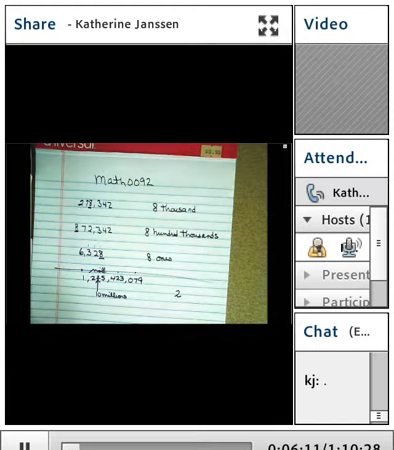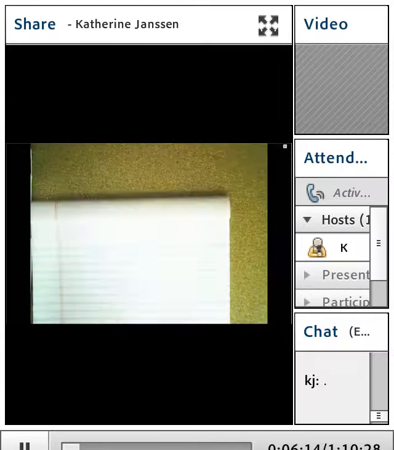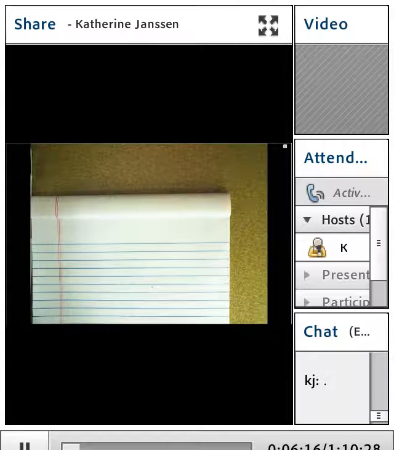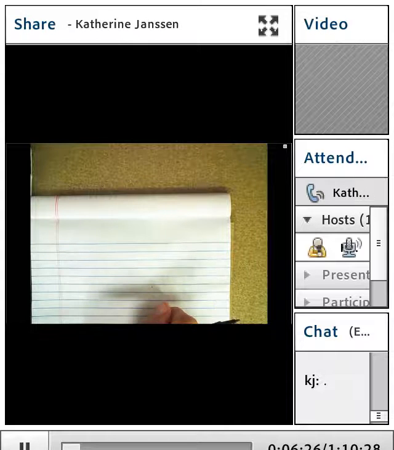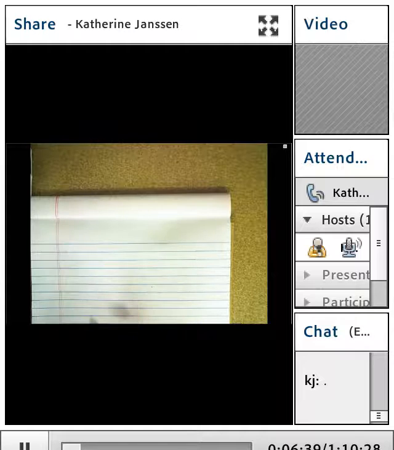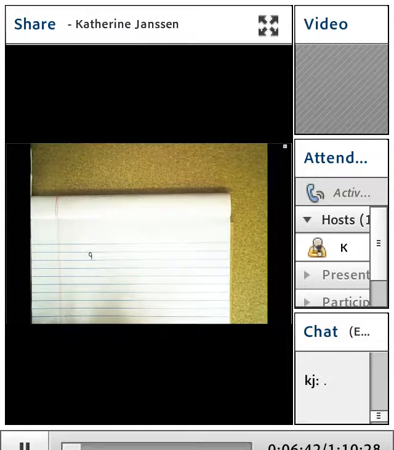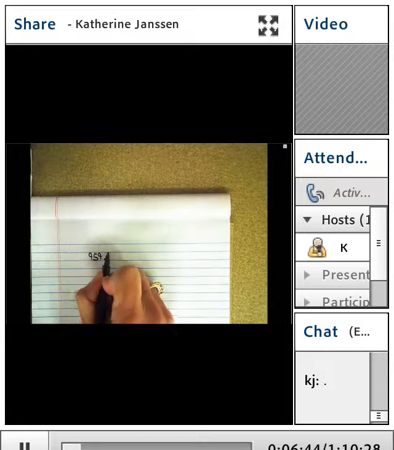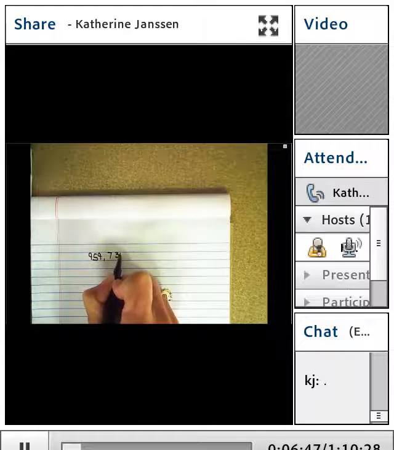On the top of page 4, a number of families assisted in Africa was 959,734. This number is expressed in standard notation. We write expanded notation for this number as follows. So our standard notation, standard